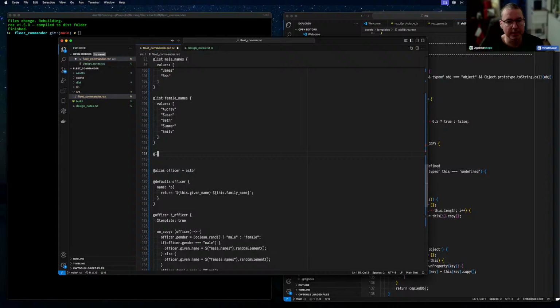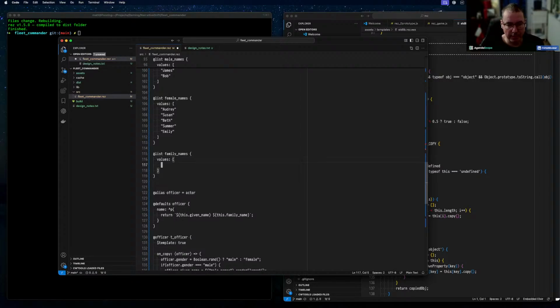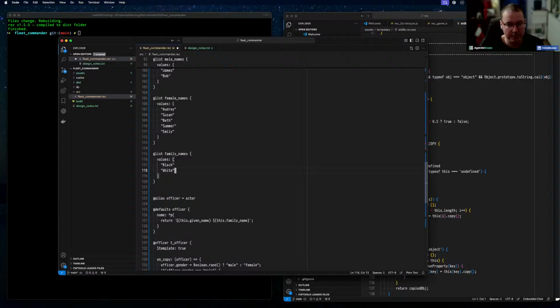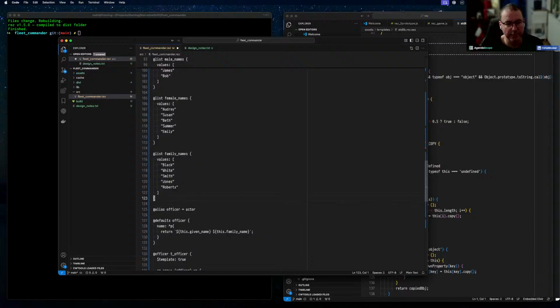So let's put in a list, family names. And we're going to have black, white. Oh God, I can't just call it colours, can I? Smith, Jones, Roberts, Bob Roberts. Well, if you've ever seen the movie. Right, okay, so